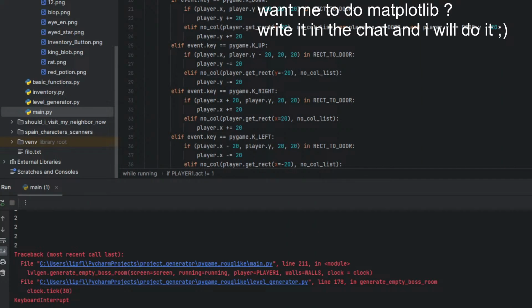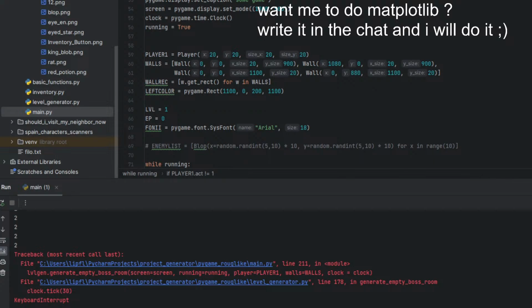Still doesn't work the way it was intended. What a shame. How can I fix this issue?